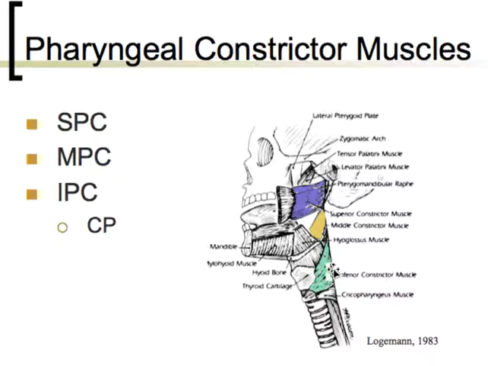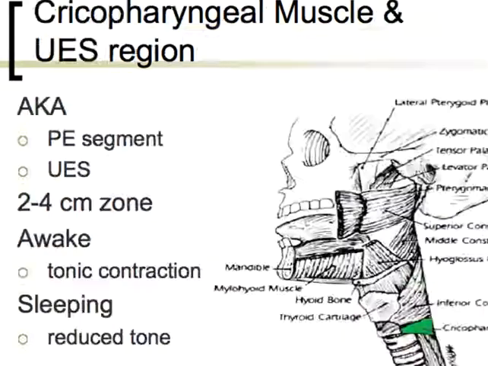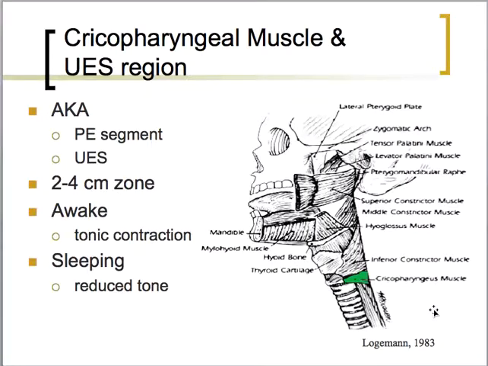So the cricopharyngeus muscle, or the lower bands of the inferior pharyngeal constrictor, is part of the UES region, or the upper esophageal sphincter region, or part of the PE segment. It's a 2 to 4 centimeter zone depending on the height and size of the person. And the interesting thing about the CP muscle is it is tonically contracted. So it's always closed unless the person is swallowing or there's some other effect that has altered the function of that tonic contraction. So for example, sleeping, it reduces tone. Cigarette smoking reduces tone. Certain foods, greasy foods, chocolate, coffee,